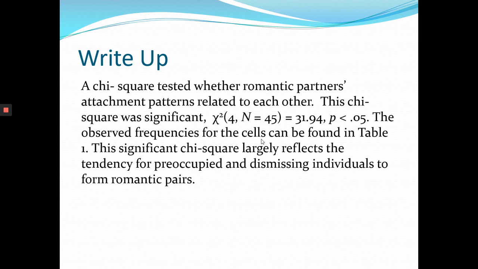So there's a reference to Table 1 for the observations. And then the significant chi-square largely reflects the tendency for preoccupied and dismissing individuals to form romantic pairs. So this actually follows the research data, even though it's probably not as large of an effect as I have here in the made-up data. But basically what happens is that